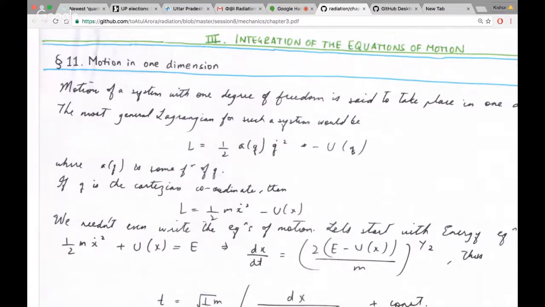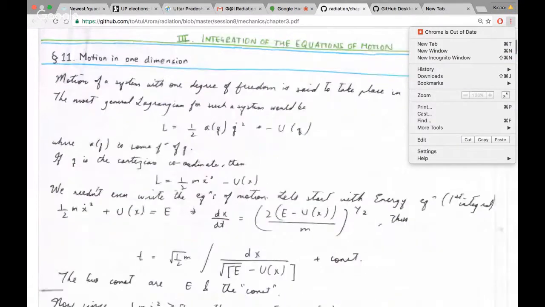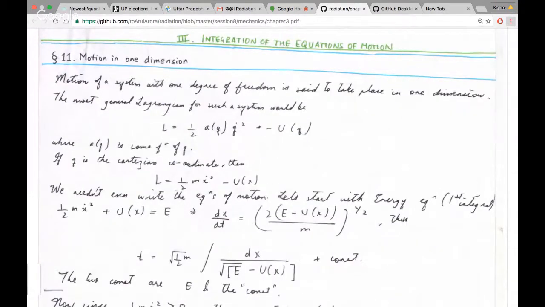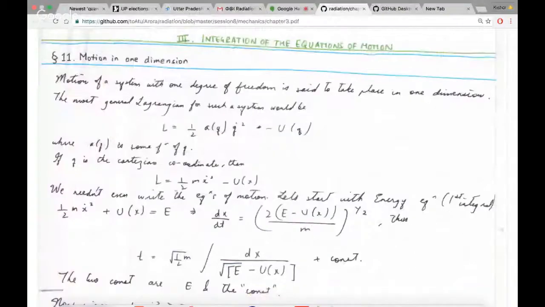Kishor, zoom it out. No, sorry, you have to move. Just fit the page width. Don't zoom further than that. Enough. Okay, that something happened. Is it okay now? Yeah, it's fine. Thank you. And also, I wanted to tell you that we have already done this part, so you just have to quickly recall this and move on to the part we